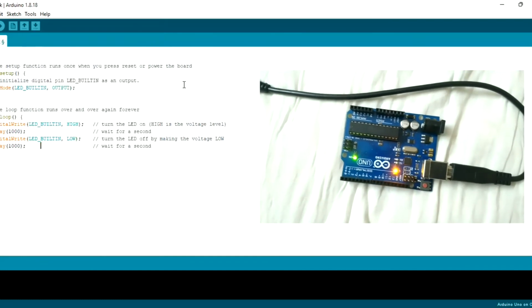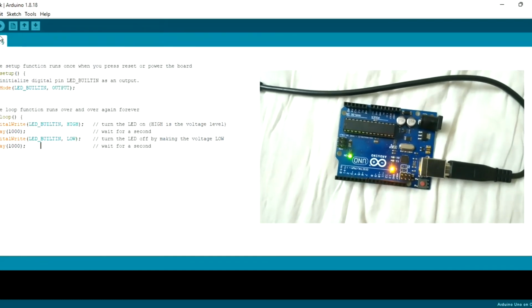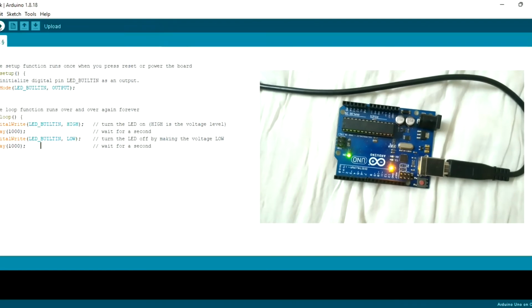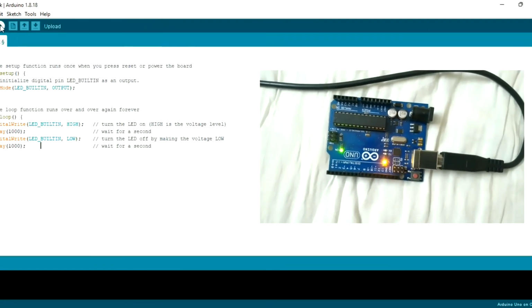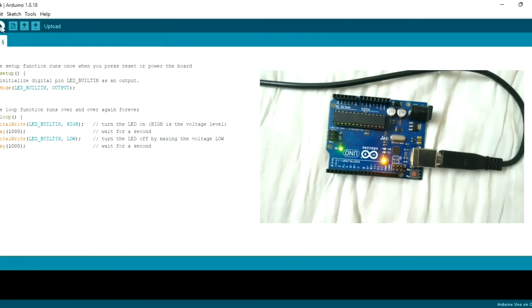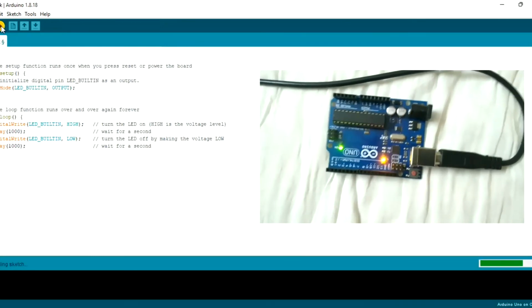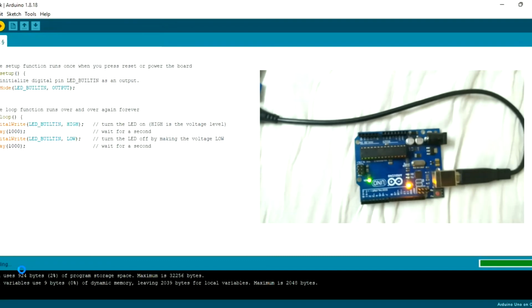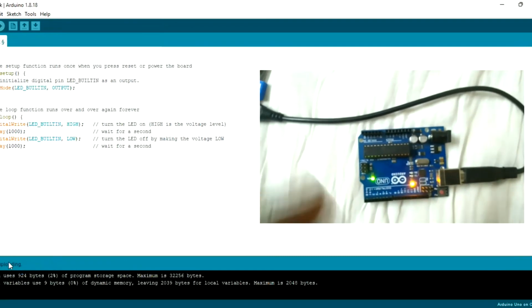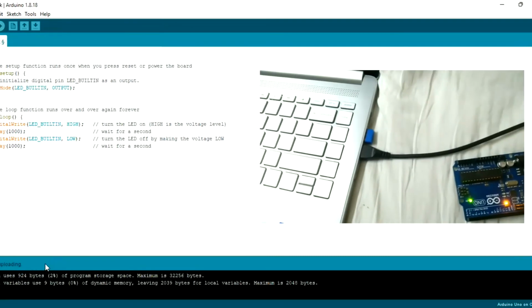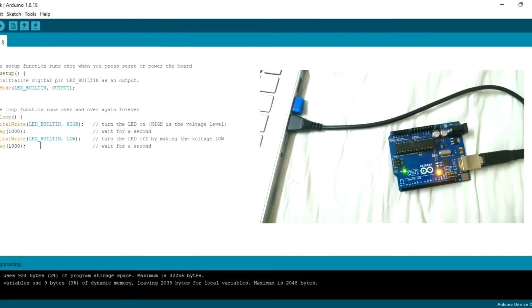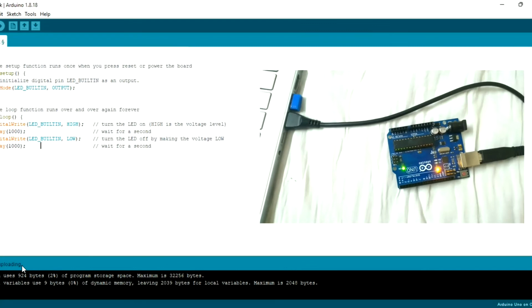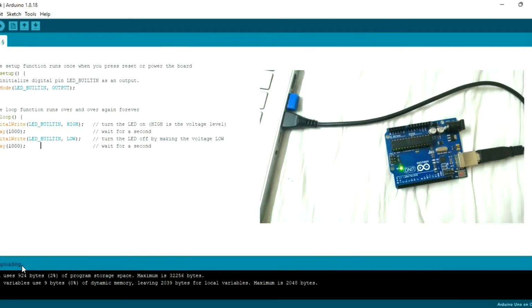And after this, my setup is completed successfully. So I'm going to upload this code. So just click on this arrow button. So now you can see here an option like upload, right? I just click on this. Now the compilation of the sketches started, and now you're finding that the code is uploaded. So because here you can see done uploading. So my code is dumped into